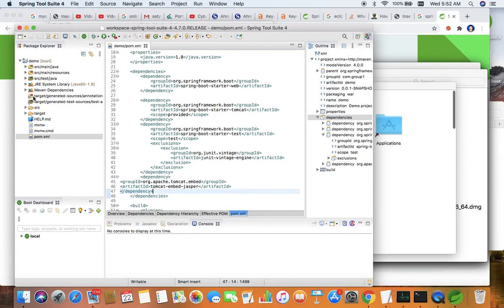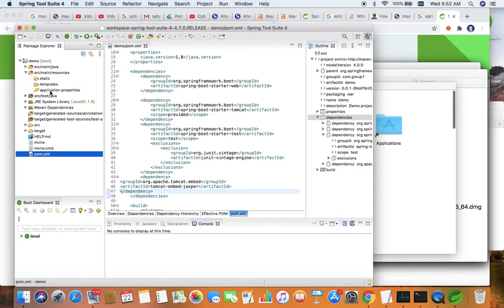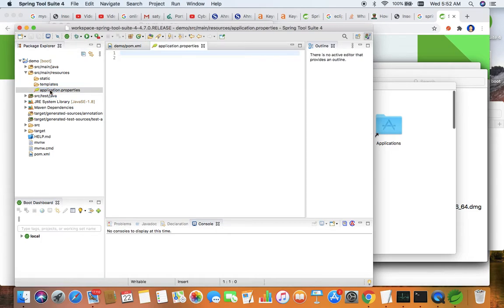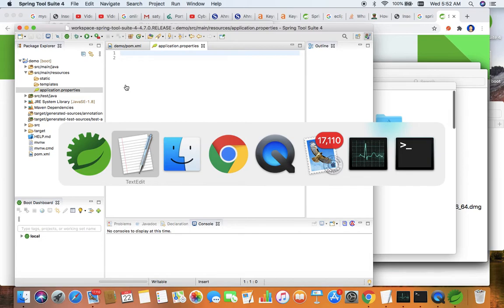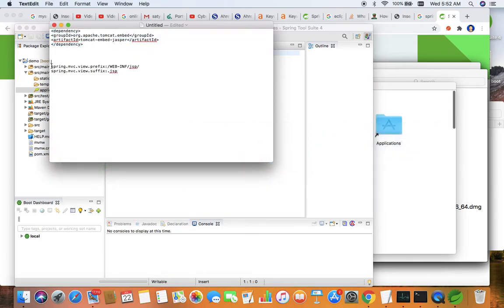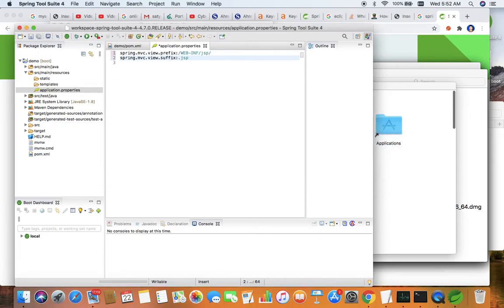Next, the change you have to make is in the properties file, which is going to be there in src main resources. So application.properties, you have to open it. You have to mention the path of your web pages, meaning the JSP pages which you are going to create, if you are going to use JSP, not Thymeleaf or something else. For that also I have kept these 2 lines which are required for identifying the location of JSP. So this much is also done.